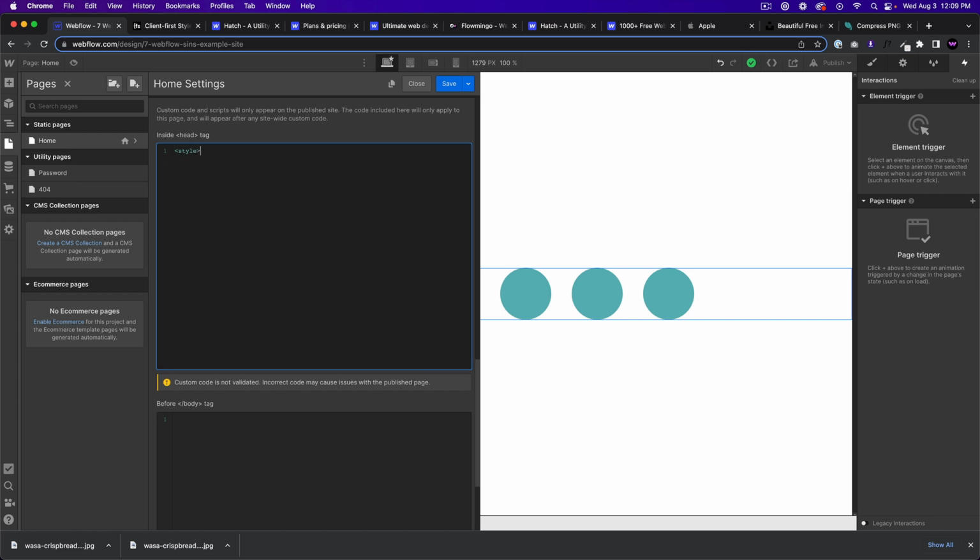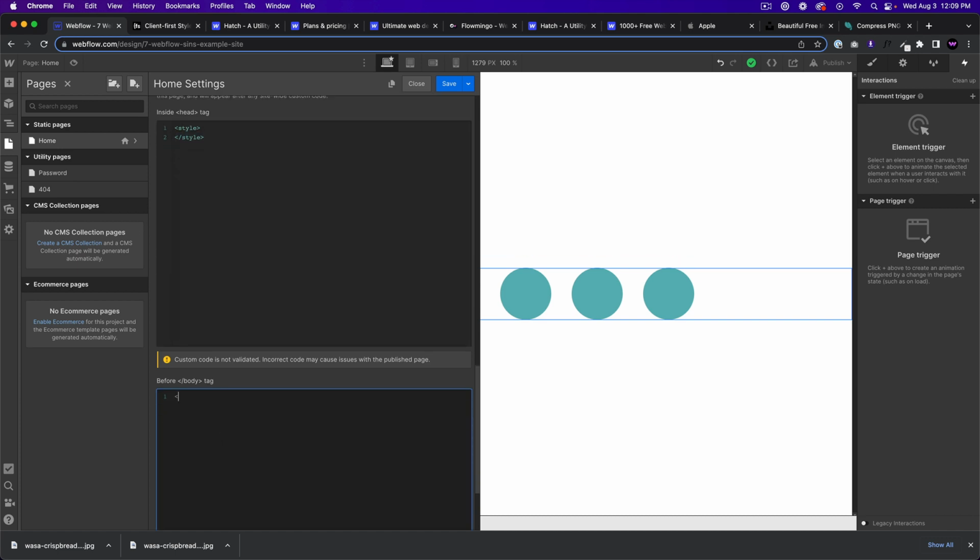So if I'm adding some CSS properties, I want to make sure that I have the style close tag here. Same for JavaScript. If I have a body tag, I want to make sure that the body tag is closed. With any code that I add to Webflow, make sure there's a closing tag, because oftentimes when custom code is added and there's not a closing tag, it can break the entire site, because Webflow is looking for that custom code to be closed, and if it's not, it'll just break everything, because the code is not properly set within